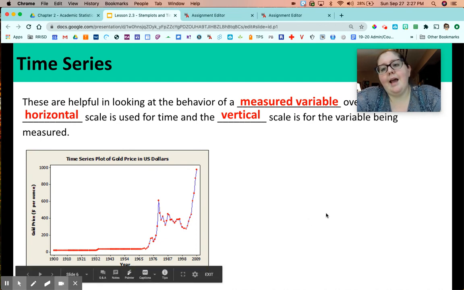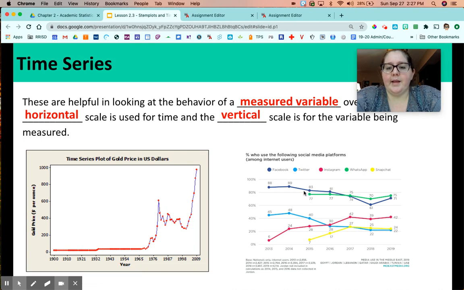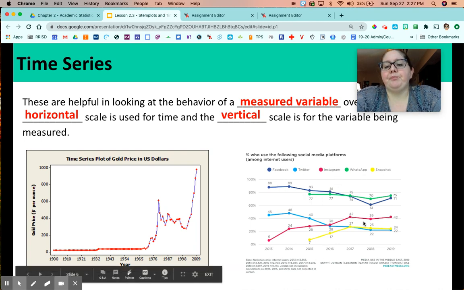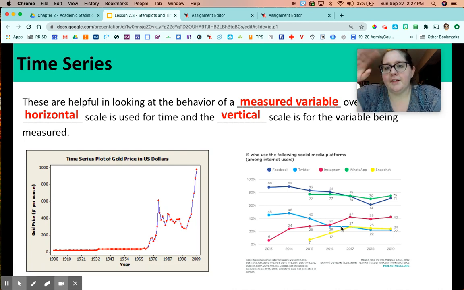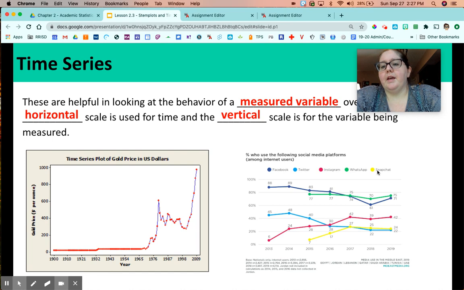So we can kind of see how the price of gold changes over time. And then here's one that I found where it's showing 5 different time plots on the same graph, so we can compare the trends and the patterns. So it's years from 2013 to 2019, and it's the percent of internet users who use these specific internet platforms